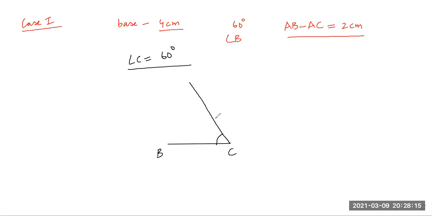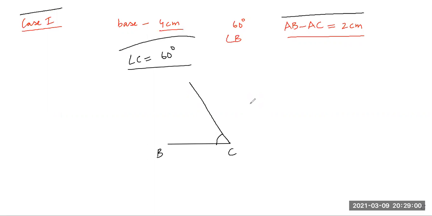Now you know that if angle C is given, and it's given AB minus AC is 2 centimeter, for example, what's given? AB minus AC is 2 centimeter and angle C is also given. Now, can Sargun tell me whether I will follow case 1 or I will follow case 2? Yes, Sargun? Can you answer this?